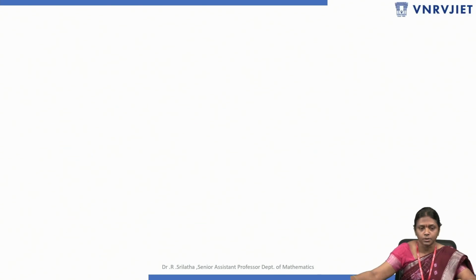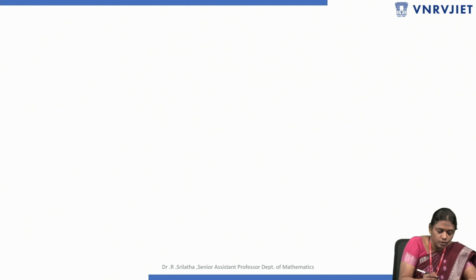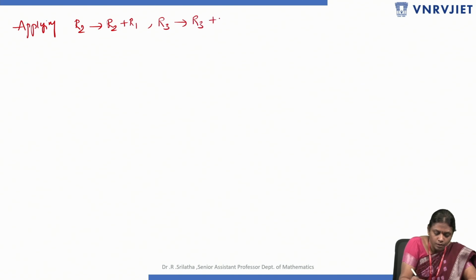Now we will apply the corresponding operations here. So now applying R2 tends to R2 plus R1 and R3 tends to R3 plus 2R1 and R4 tends to R4 minus